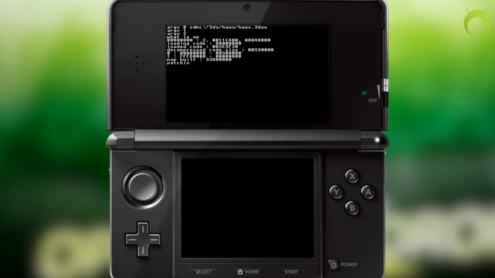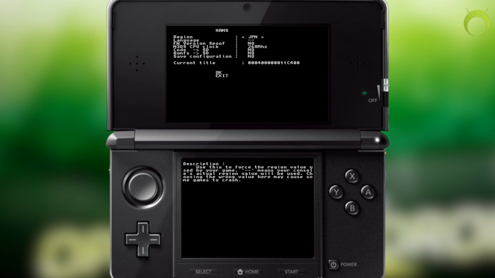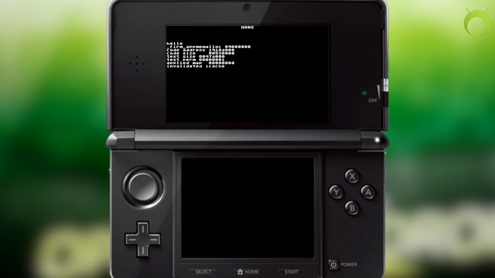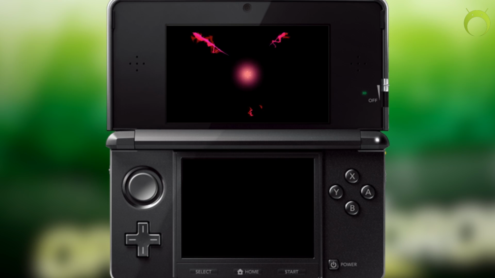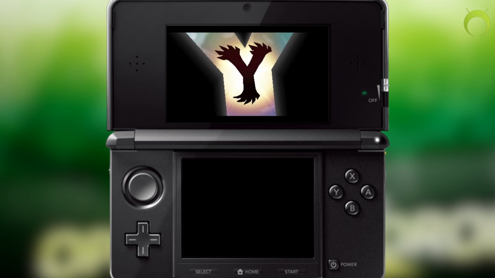And it'll take you to a screen like this. Now you want to make sure that region and language is stuck on the hyphens, just like so. And then you want to turn on ROM-FS to yes and hit OK. And just like that, it'll take like 10 to 30 seconds to actually load your game. If it stays black the whole time and never loads anything, like after 2 minutes, then you did something wrong. And that's the only way that I can say it, to be honest.